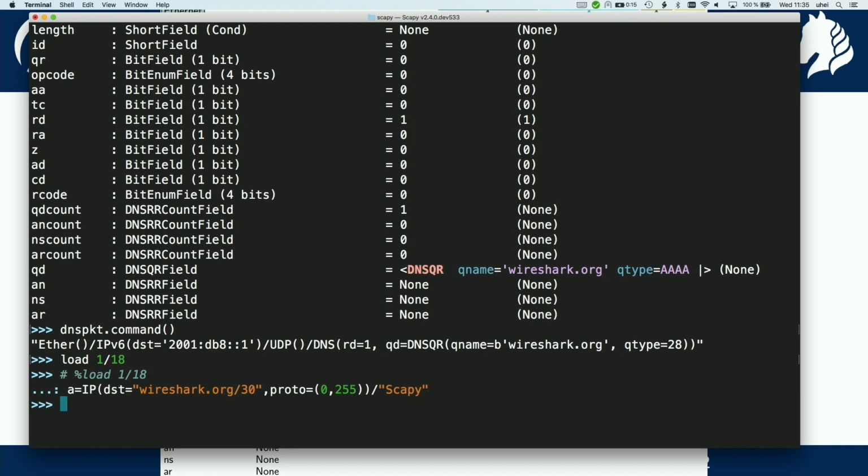Now we build another packet, with only the IP layer, with the destination wireshark.org/30, and the IP protocol is a range, 0 to 255, so all possible values. And the next layer is a raw layer where we put in the string Scapy. And this is not only one packet, as you guess, because the destination address is a